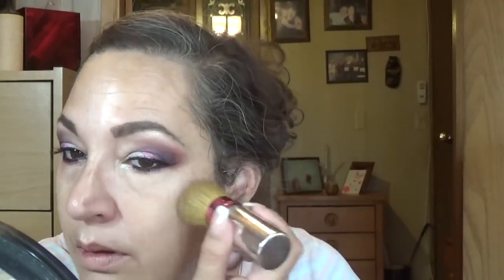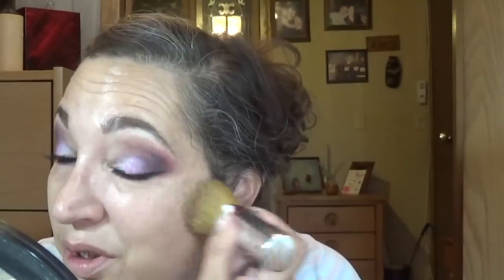And then to the face. And I'm priming with an e.l.f. primer, the white one that they have. I have all 3 of the shades, but this one here is the white one. And then with the Lumi Cushion, I've been using that foundation quite a bit lately. I do like that it's full coverage, and I was going out, so it was a good occasion to use it. And I put a couple of coats,